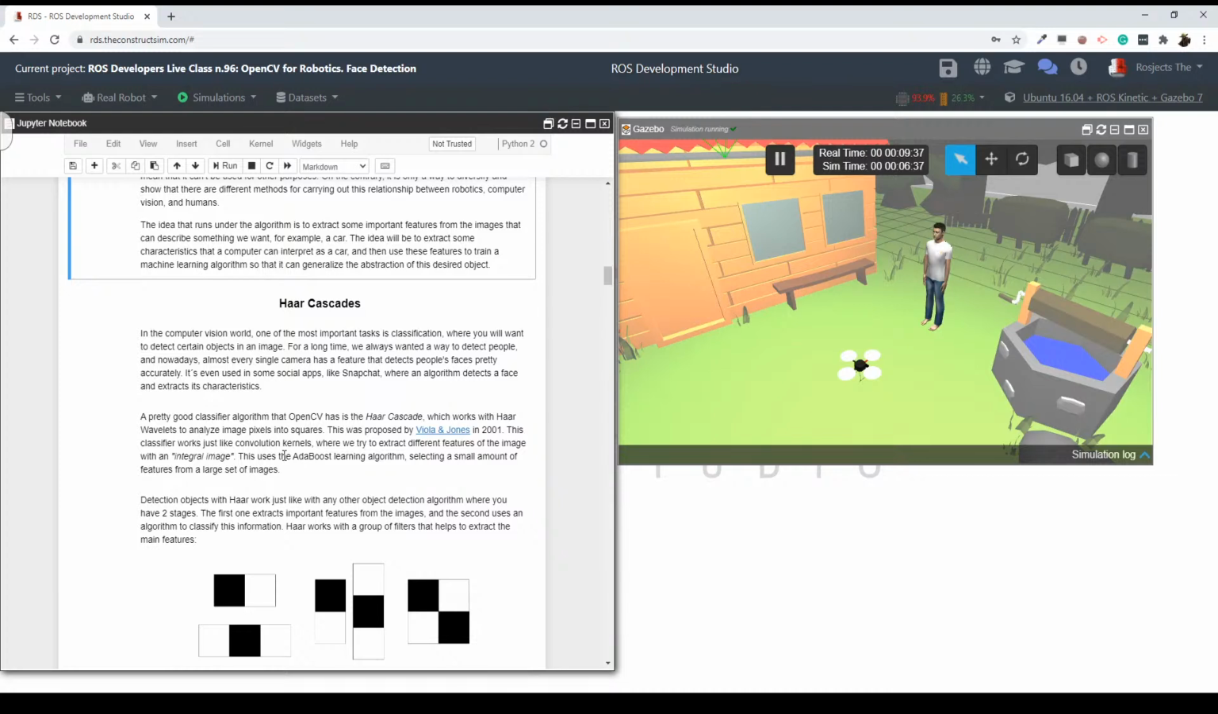But basically, as I've said, how this works is to detect features of an image. Detection of objects with this HaarCascades method works in two stages. The first one extracts important features from the image, and the second one uses an algorithm to classify this information. So as we can see here in these GIFs,